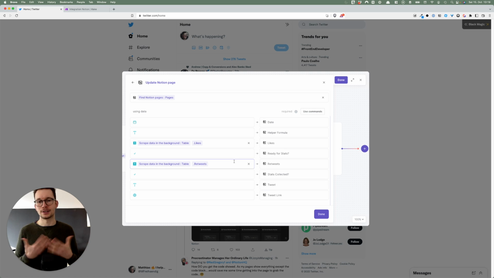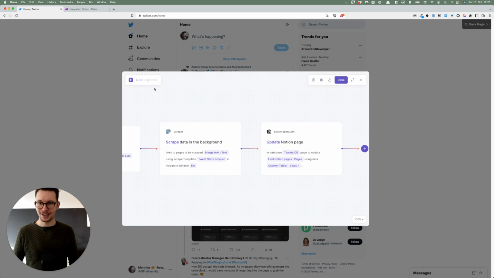And it will always ask you to please double check this, because as you can see, it recognizes that what it has here in Notion is a number property, but everything that gets scraped is recognized as a string. But it's really good at converting these data types. So in this case, with the simple example, this works properly. And last but not least, we want to set stats collected to yes, to make sure that we don't pull in information again. So now we click on OK, we name this